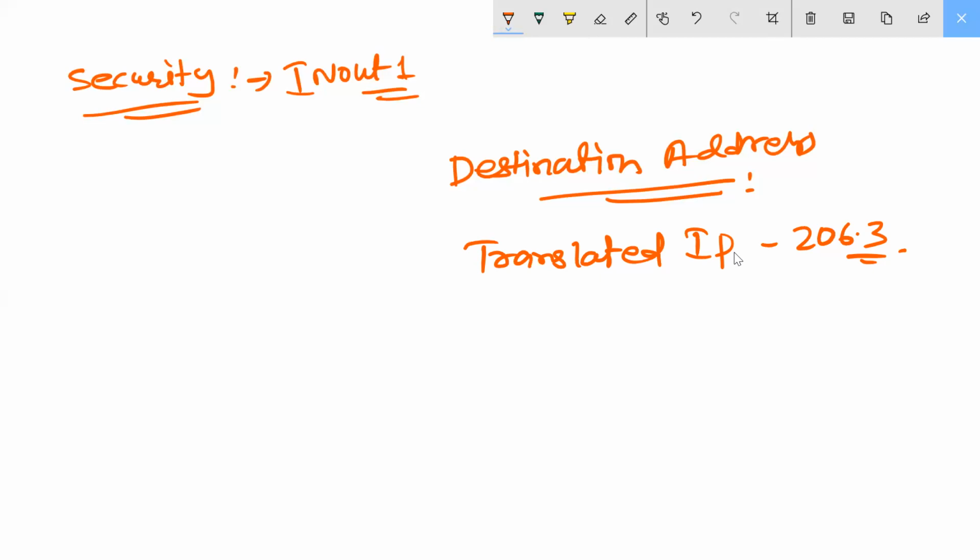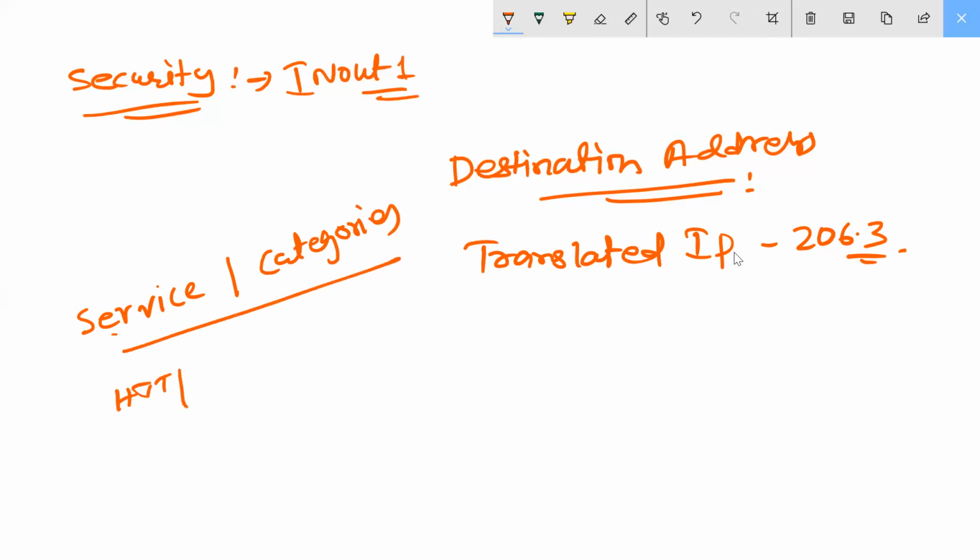This is my services and categories. Let me write it because you should remember services categories. In that services categories we have selected the HTTP, right? Then with the help of add, correct? Then we are coming here, the last option is application, right? No, actions. Okay, this is my actions.